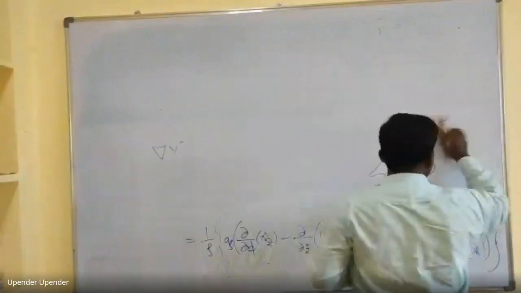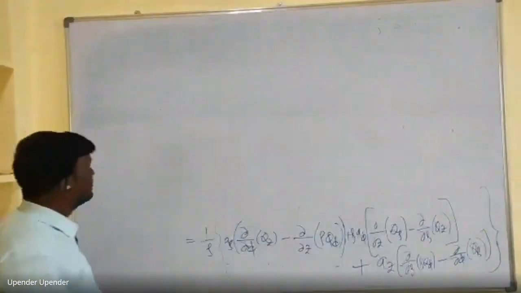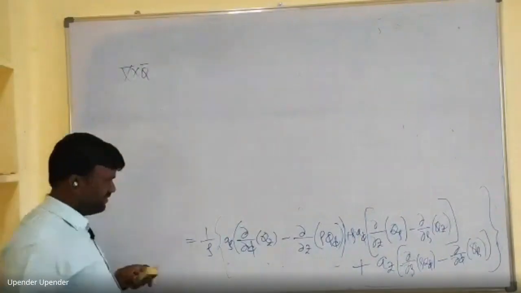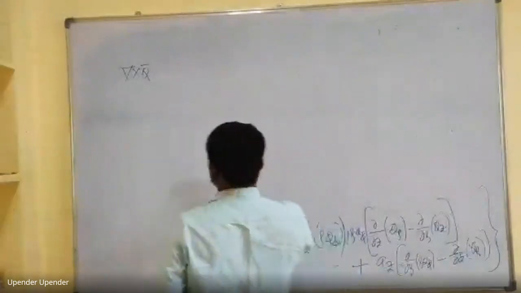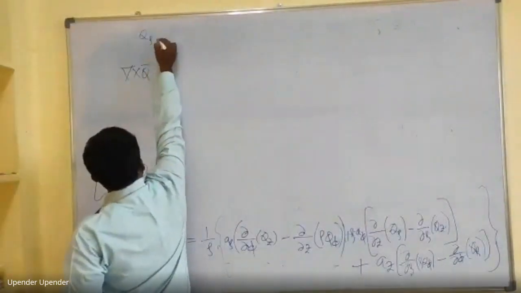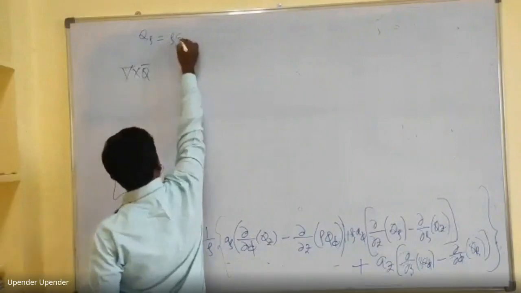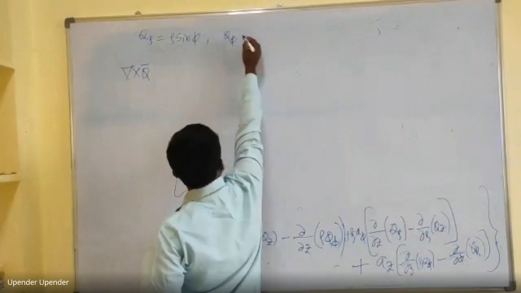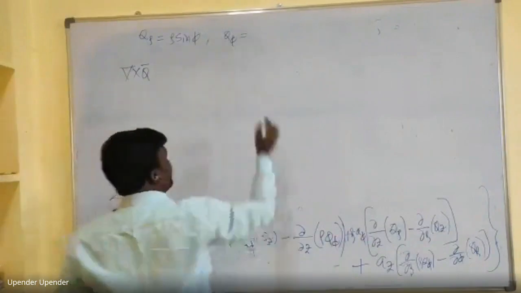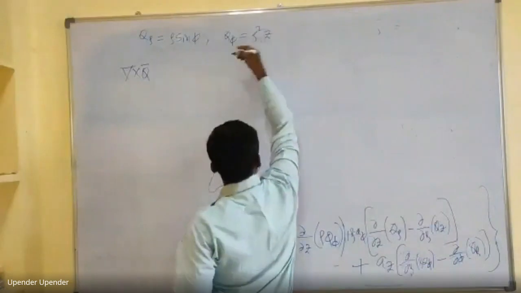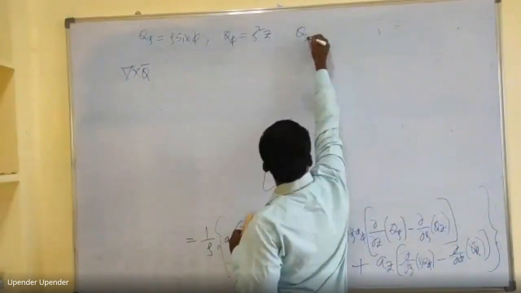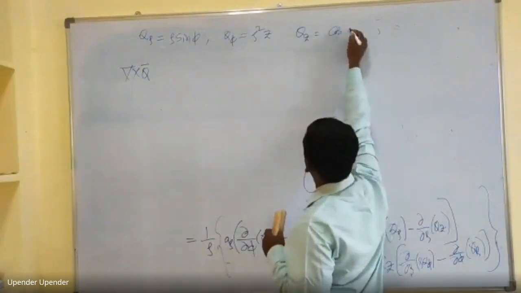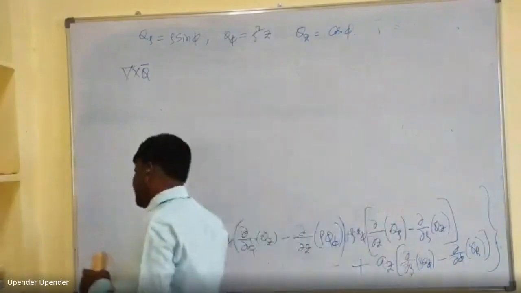Okay, then del cross Q bar. Actually, what is the Q function? Q rho, I think it is rho sin pi. Let us take any rho sin pi. Next Q pi. I think rho sin pi a rho. Q pi I had given as rho square z, if I am correct. And Qz, what is Qz? That is cos pi. Or else take any random function.